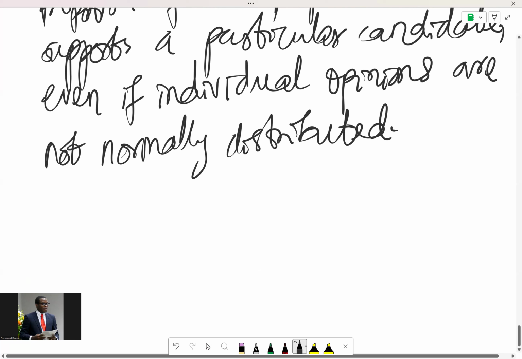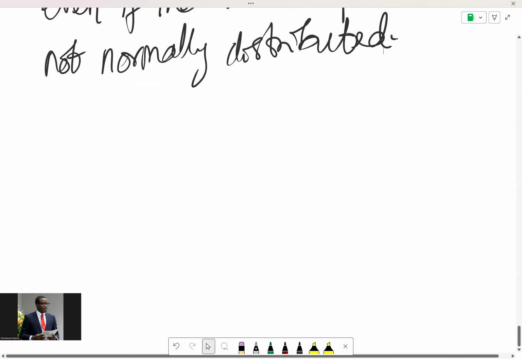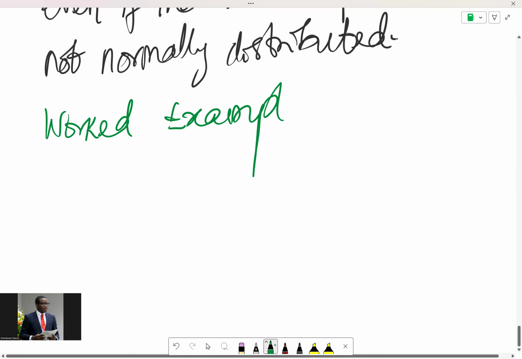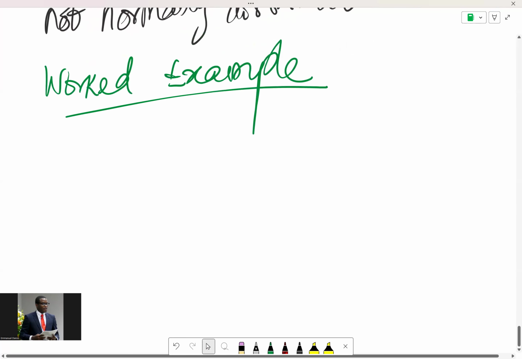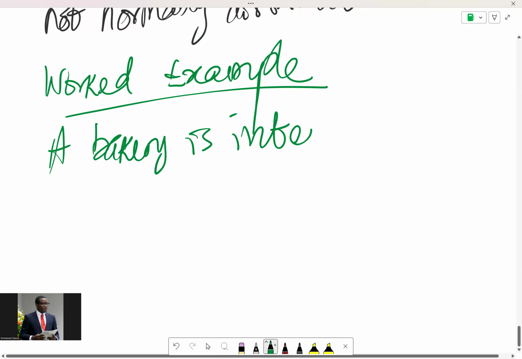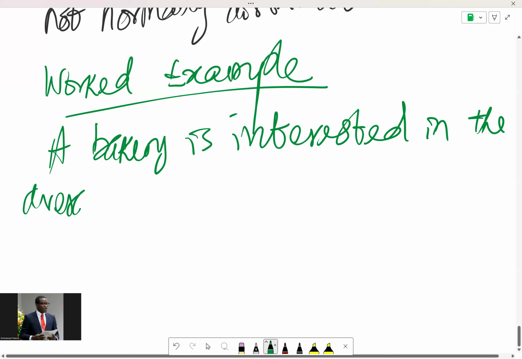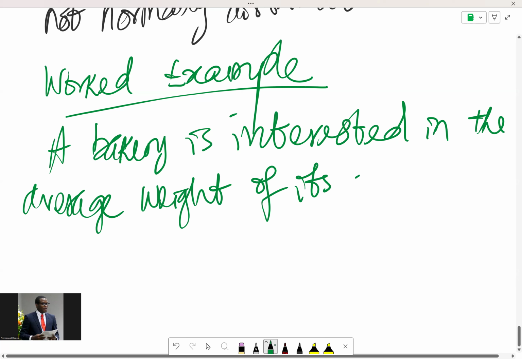All right. So having said all of this, I'd like to conclude this topic with a worked example, which will drive all the points home. Okay, let's consider a scenario. Worked example. Let's consider that a bakery is interested in the average weight of its chocolate chip cookies,